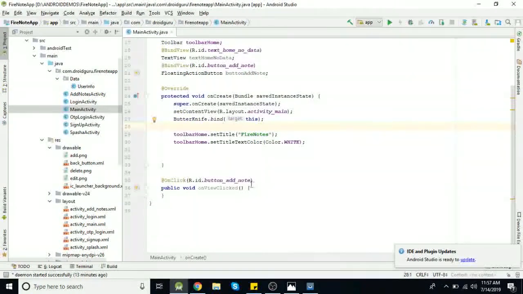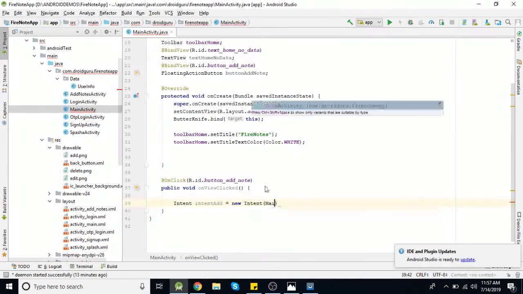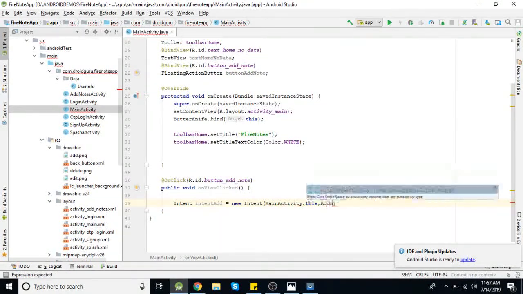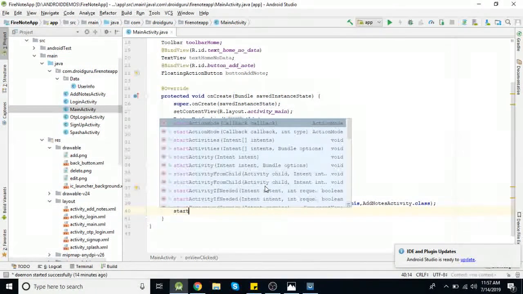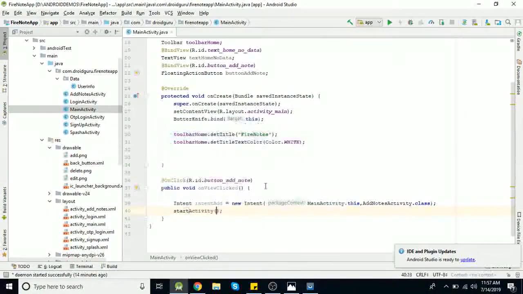Now when the user clicks on this add note button, we need to give an intent for our new activity, that is add notes activity. Intent add equal to new intent. Current context will be main activity dot this and add notes activity dot class. Start activity intent.